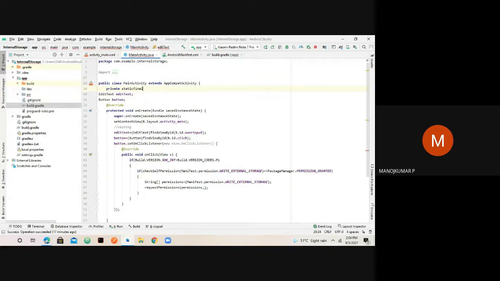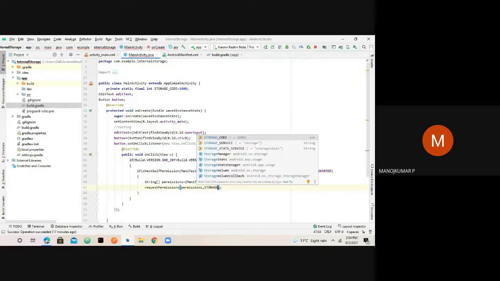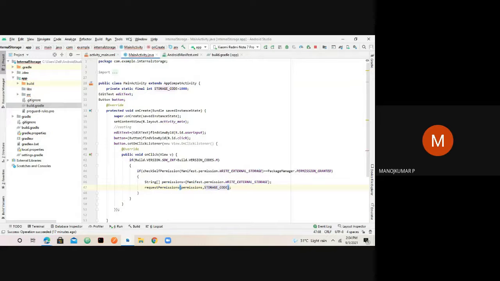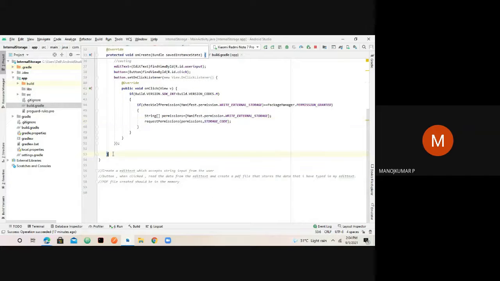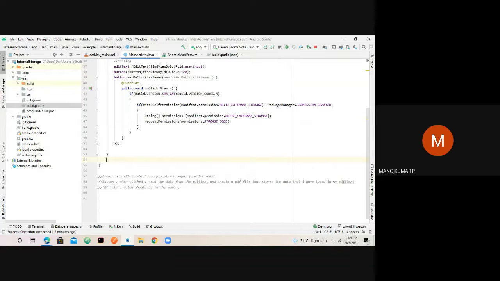Let's say I can name it a storage code, for example. It's a unique code that identifies the relationship that is established between the user and the app, right? So I would give a value, let's say 1000, for example, and I would just give it as an argument here. It's like a security key that helps us make the communication properly. Okay, so this is what it is. So once this is done, we can go and create our methodology that is actually needed here.